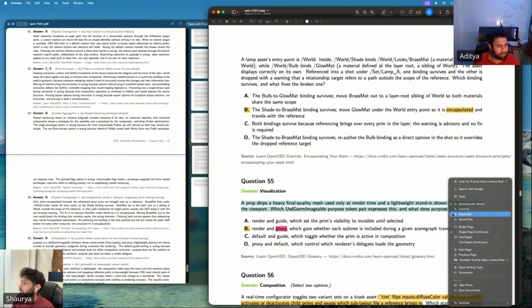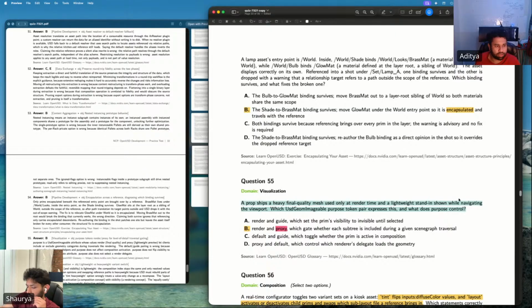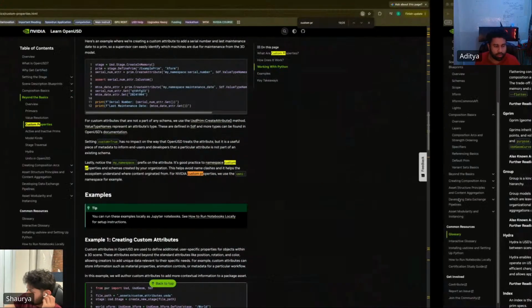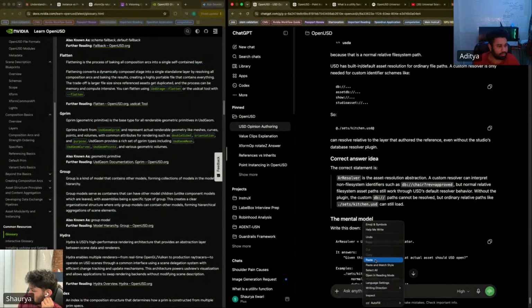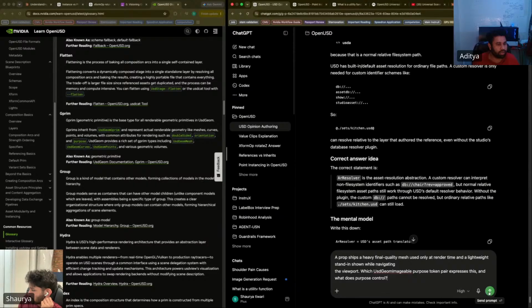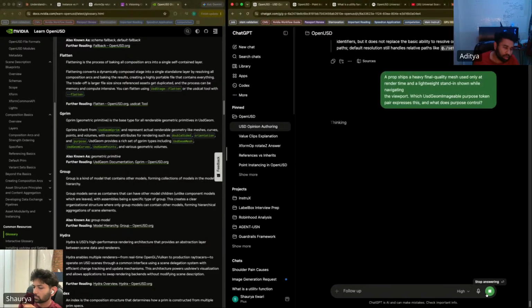A prop ships a heavy final quality mesh used only at render time and a lightweight stand-in.